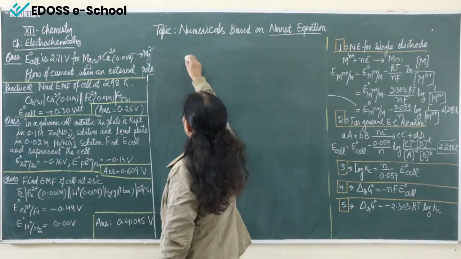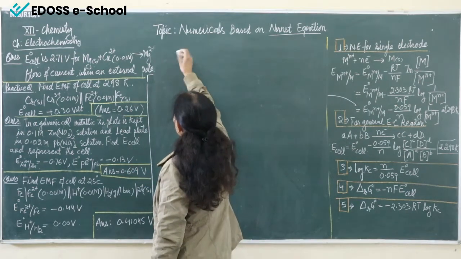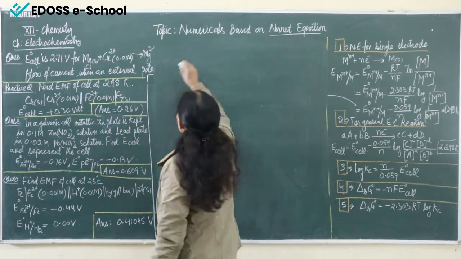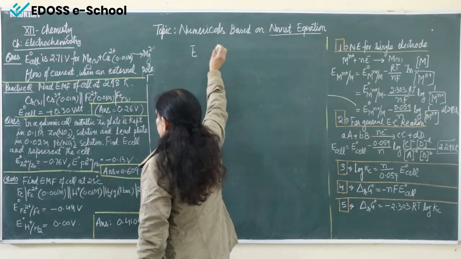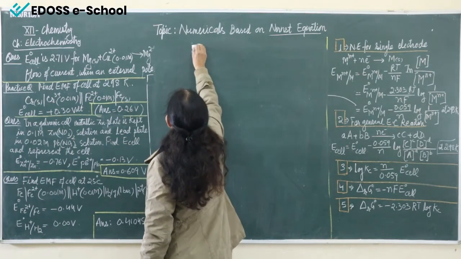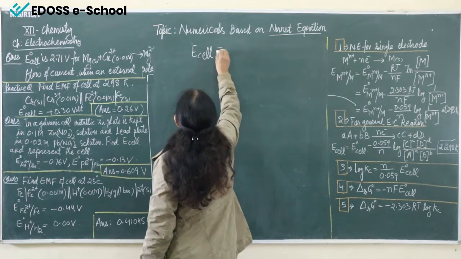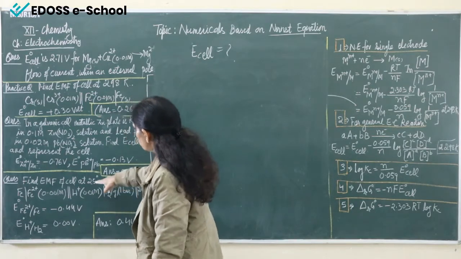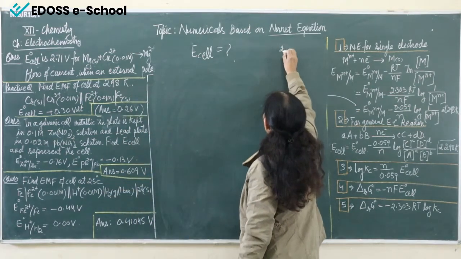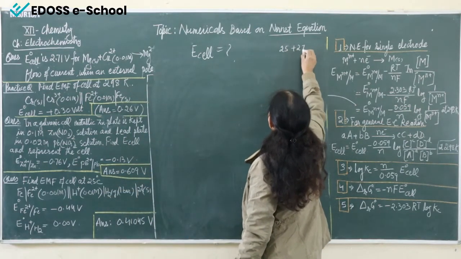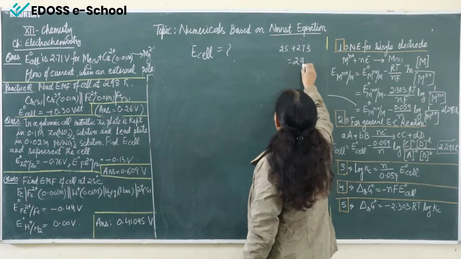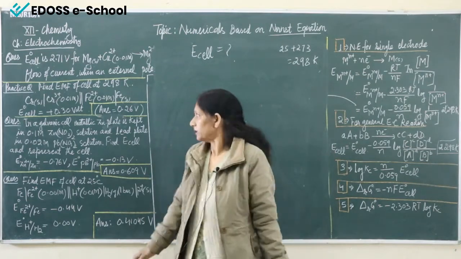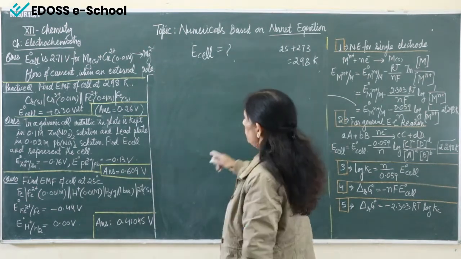So same way, first thing we have to do, we have to write whatever is given in the question. So what is given to us? This is given E naught. We have to find E of the cell. So this we have to calculate, and now you can see 25 degrees Celsius. So 25 plus 273, this is equal to 298 Kelvin. So same equation we can use for it. Okay, that means we don't have to apply the previous one.